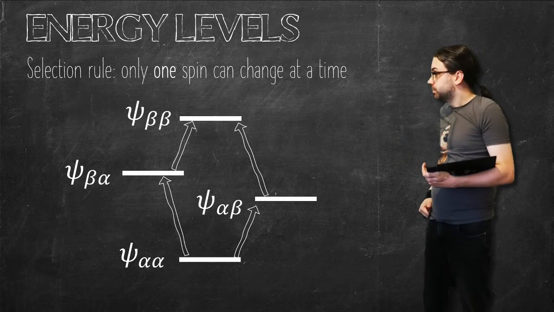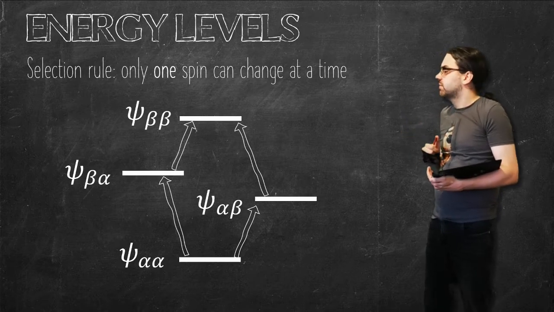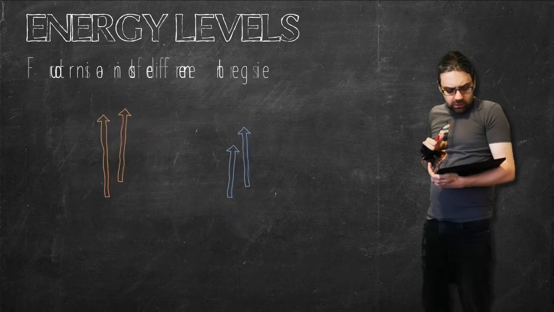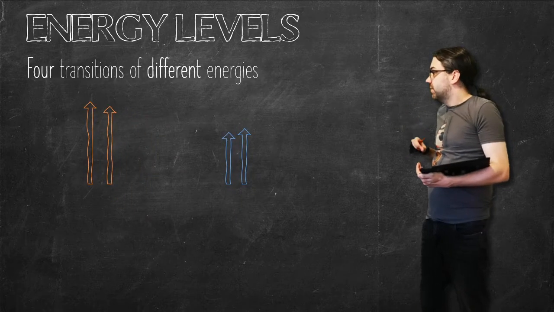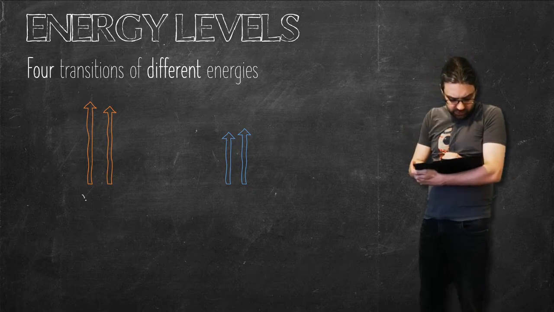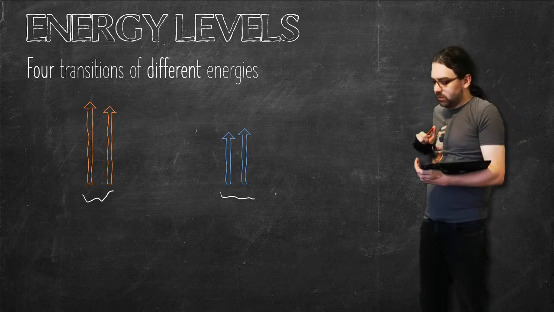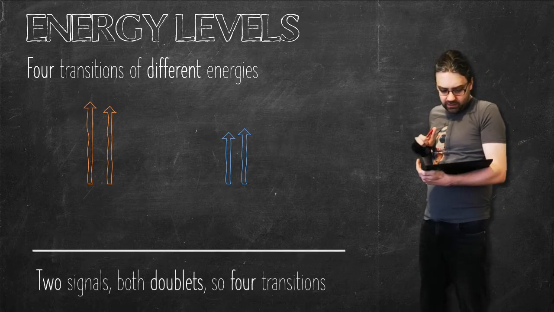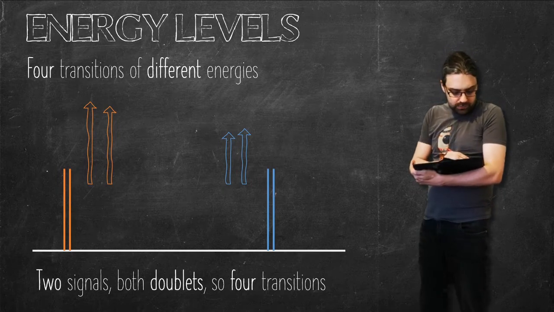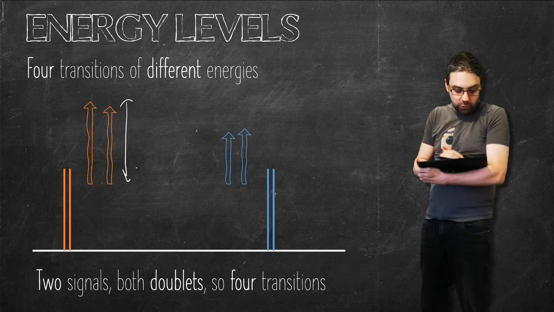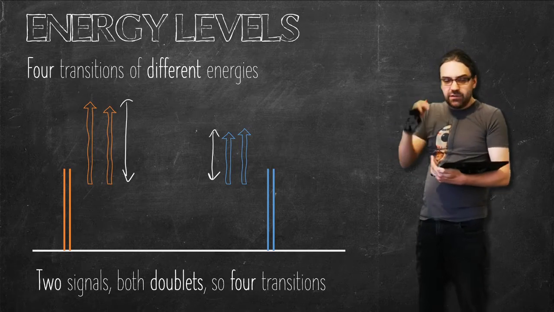They are spin forbidden. So if we have a look at the size of these arrows and the way that those energy levels are offset by, well, we find 4 different energy levels, or 4 different amounts of energy here. 2 very similar looking ones, 2 other very similar looking ones, but they're still slightly different. And of course, that then shows up as 2 doublets. One much further shifted because these are overall bigger, one shifted a bit less because it's smaller, and then a tiny difference between the 2